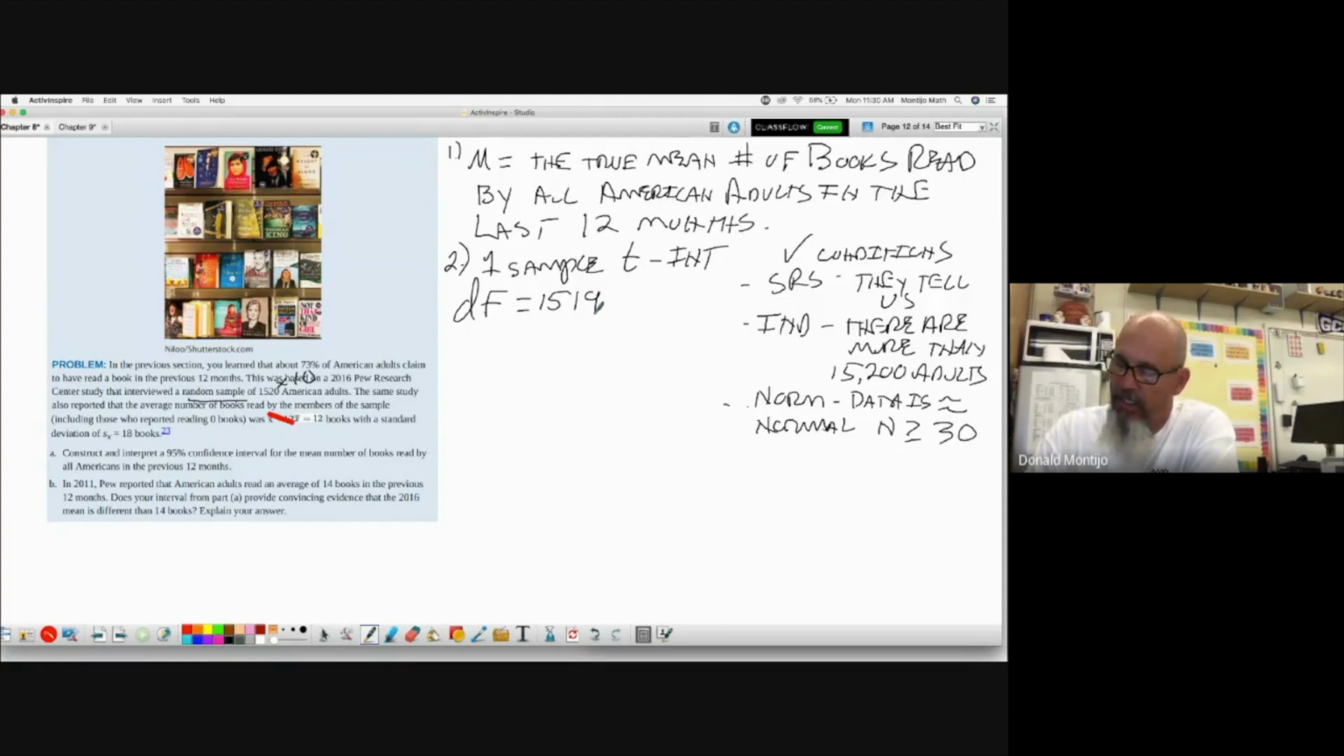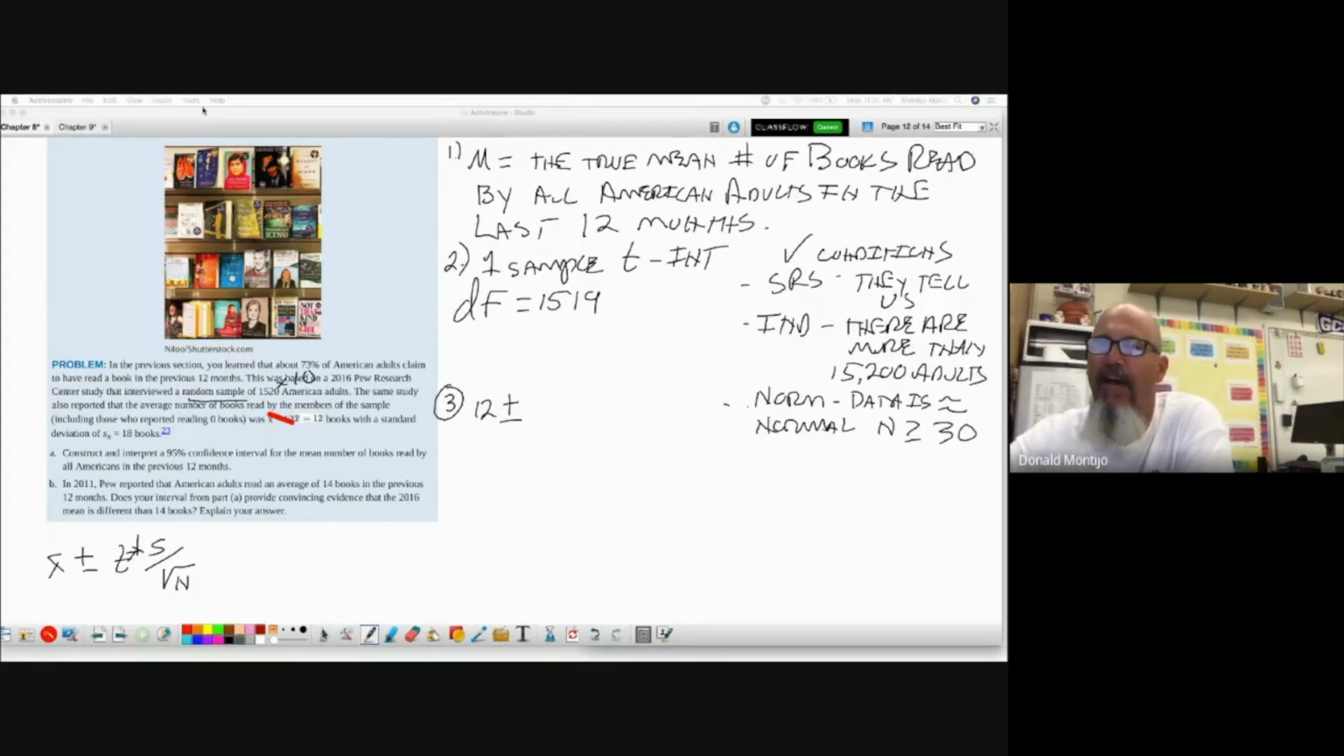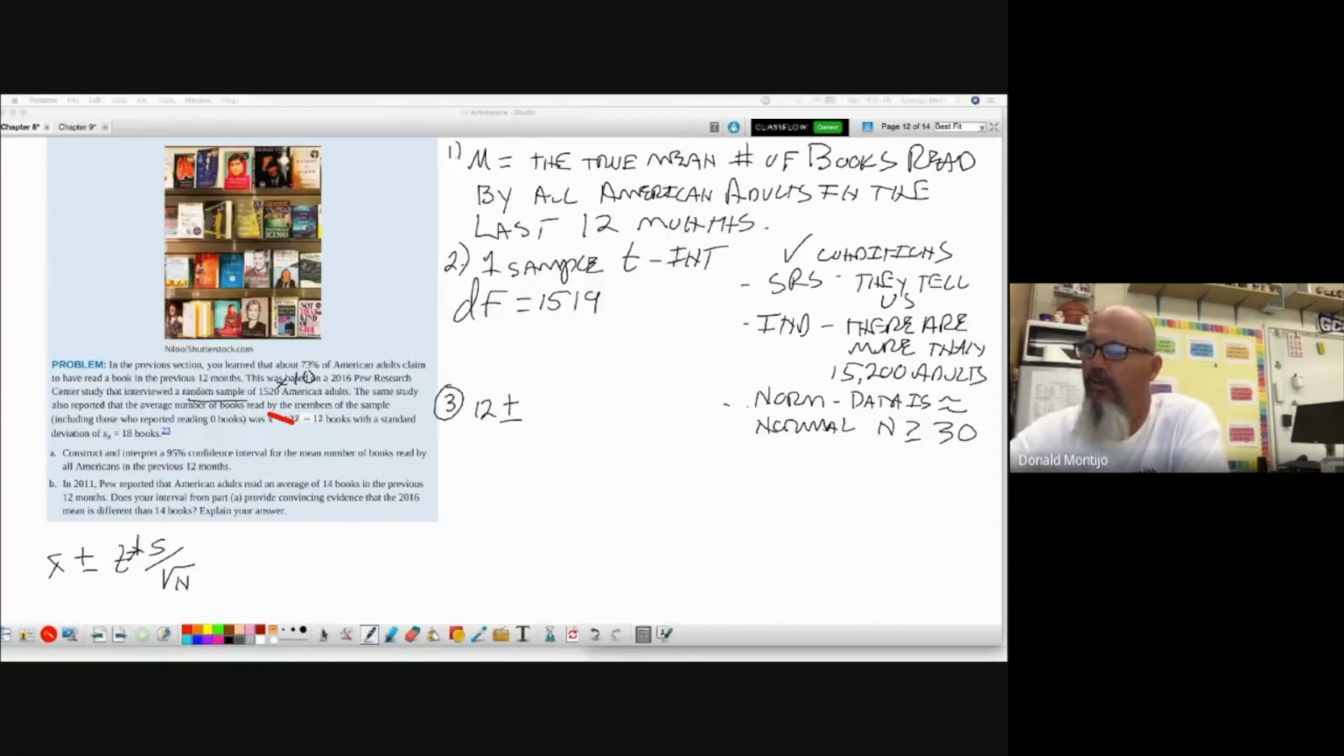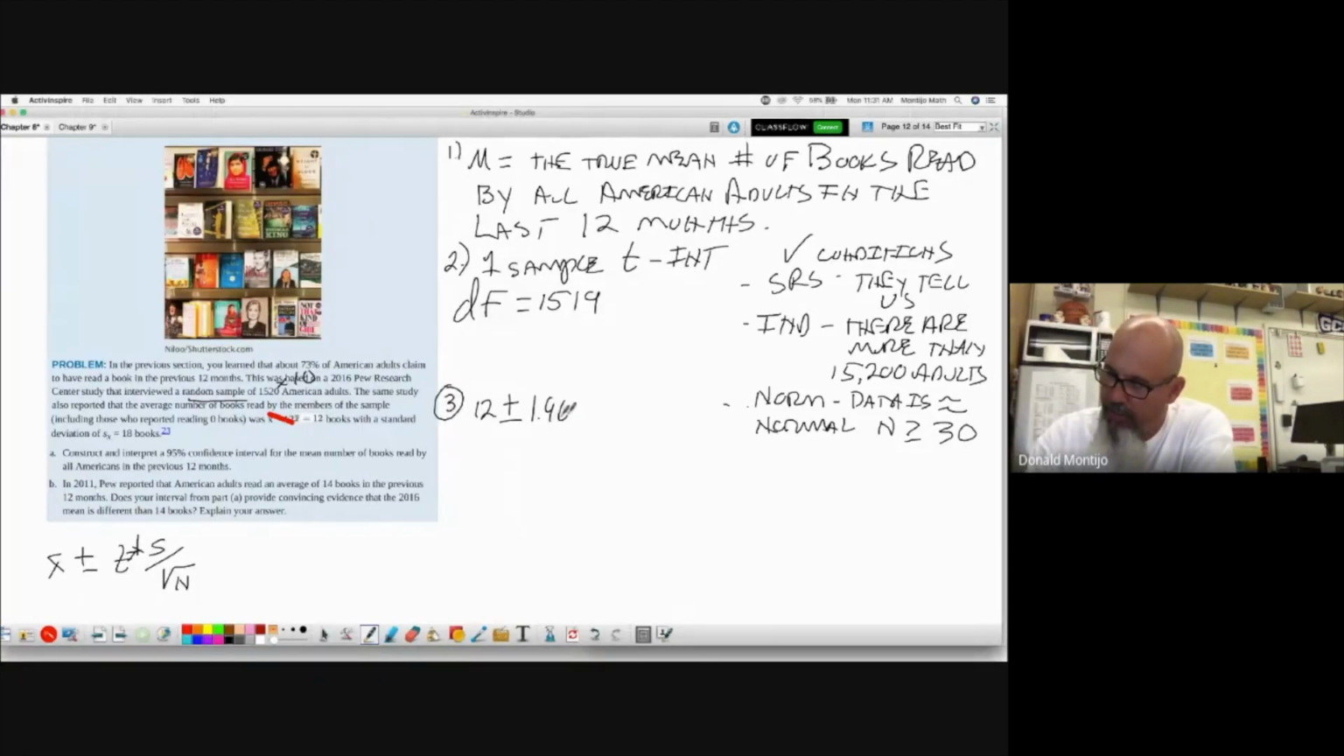Remember that it's always x bar plus or minus t star times s over root n. So x bar in this case is the sample mean, 12. So for step 3, find the interval. 12 plus or minus, what is the t star value for 1,519 degrees of freedom at 95%? Well, 1,519 is not on here, so we go to the next smallest value, which is 1,000. We go across to 95% and we see it's 1.962. So our critical value, our t star, is 1.962